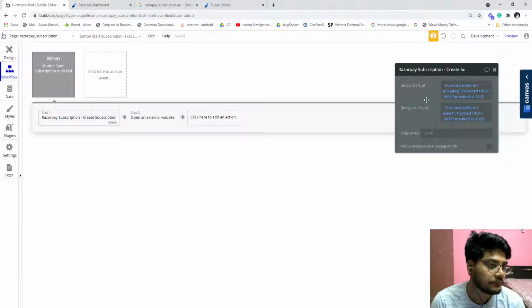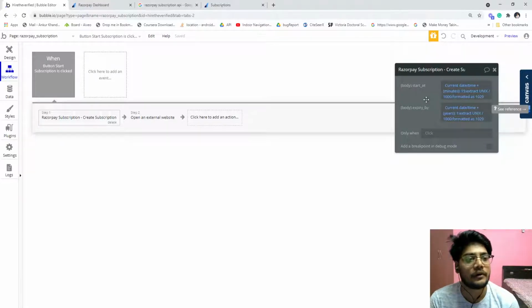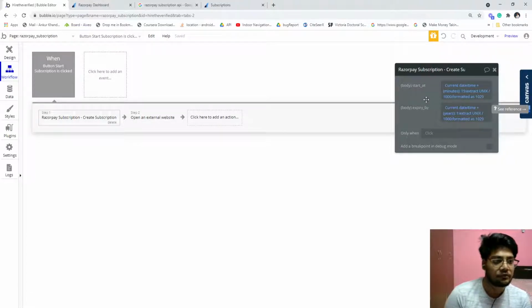One more thing, you have to pass the Unix timestamp in 10-digit form, not 13-digit, because Bubble returns 13-digit with the millisecond, but you have to pass it till the second, so you have to divide by 1000.